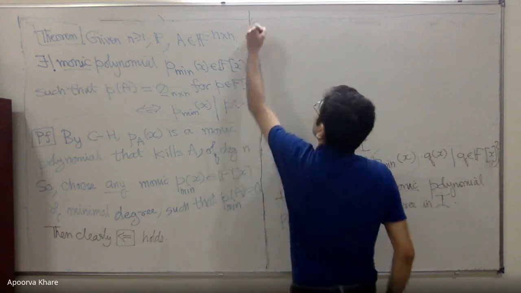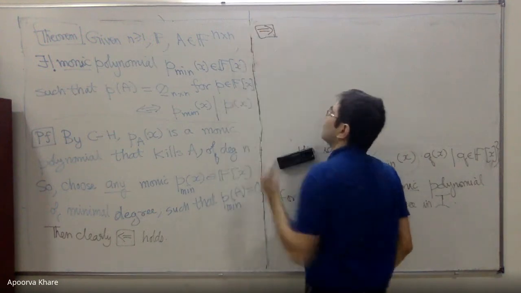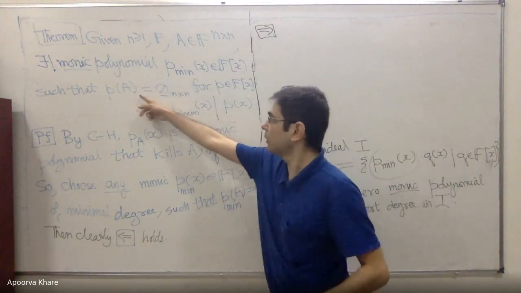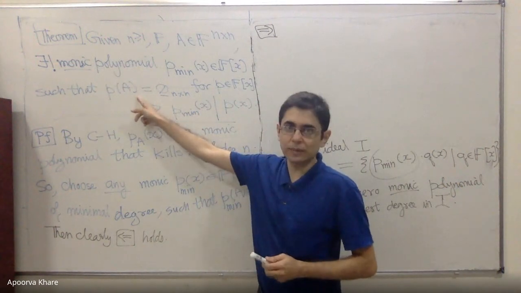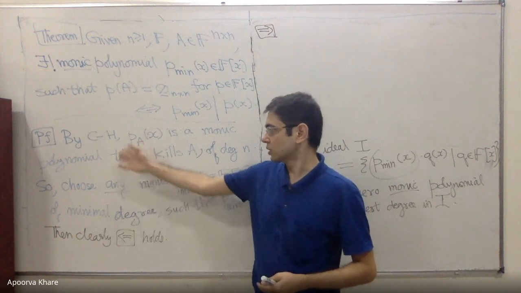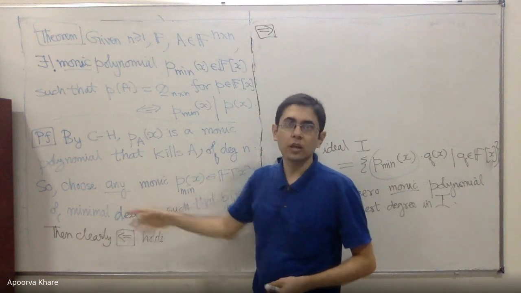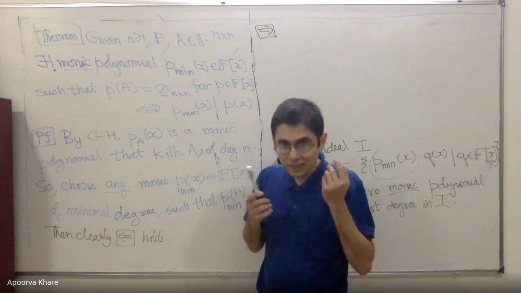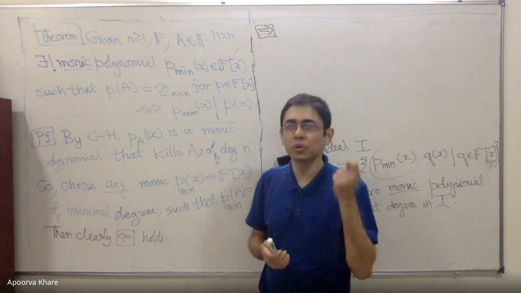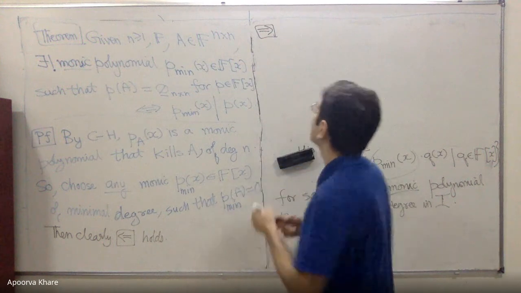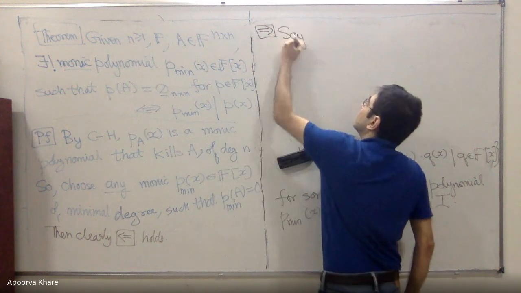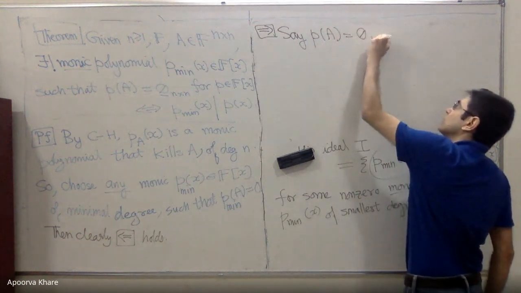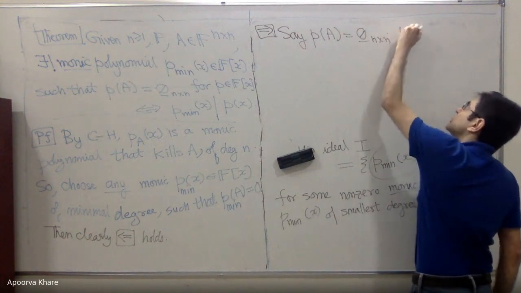So suppose P of A is 0. What I do is the following. P has degree at least as big as P min, because P min is chosen to be of least degree. So divide P by P min. You can divide a polynomial by another, and this is where we use the Euclidean algorithm. There is a quotient and a remainder. So say P of A is 0, n cross n, using